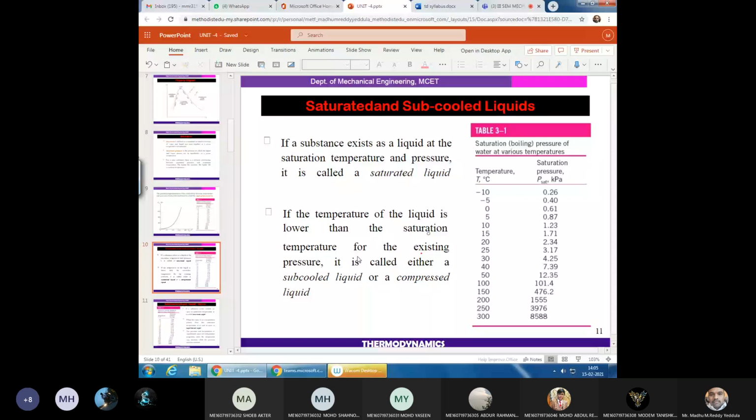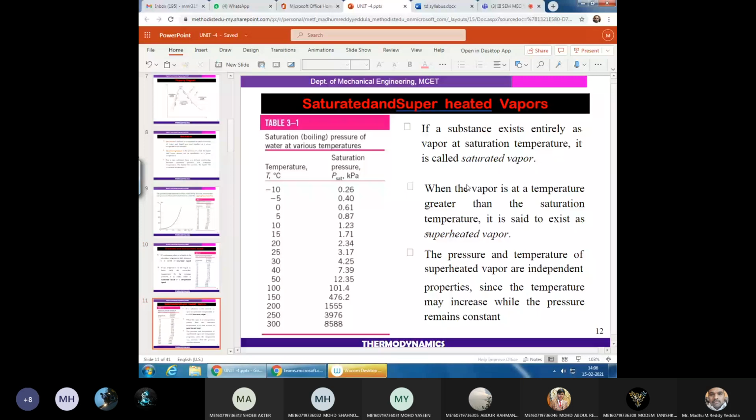Okay, and if you move right side of that, then that is called superheated vapor. Means at that time the temperature is greater than the saturation temperature. If you are moving towards right, means the temperature is increasing. If the substance exists entirely as liquid, that is saturated liquid at the temperature, right? If the substance exists as vapor at the given temperature, that is called saturated vapor, right? If you increase the temperature of the vapor, then we can call it superheated vapor. Means it will move right side of the saturated vapor line.